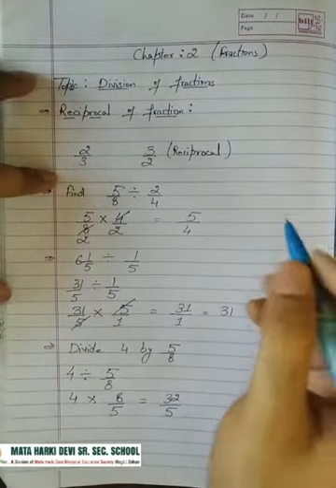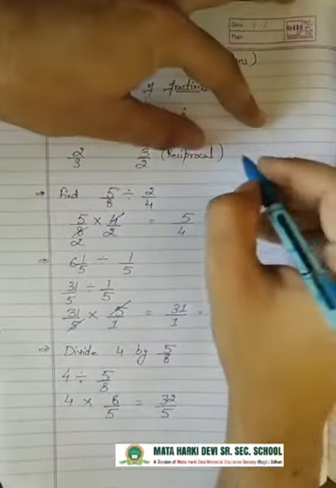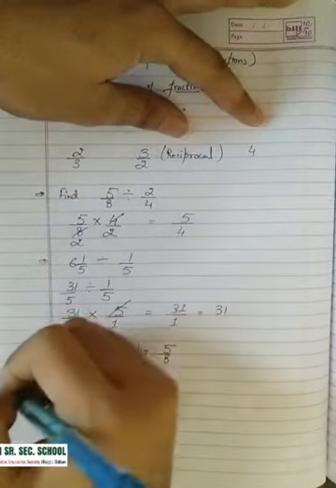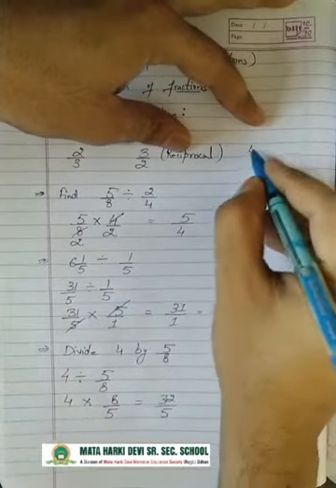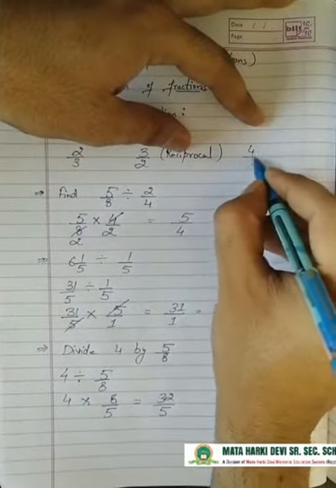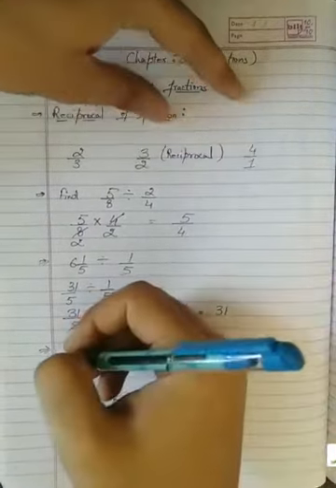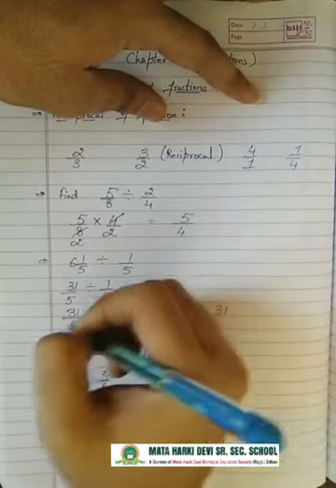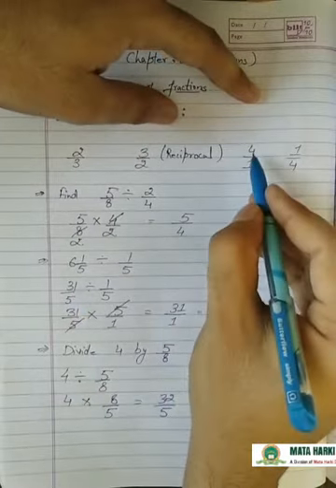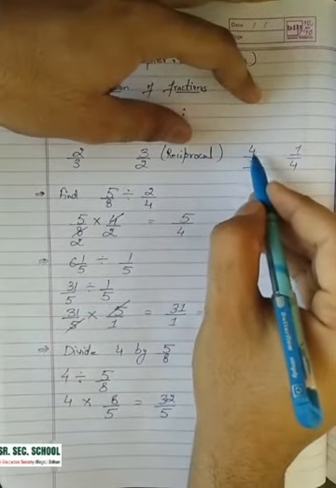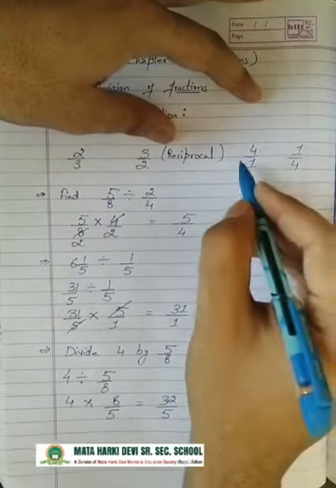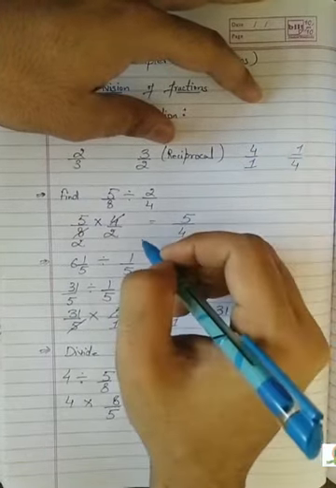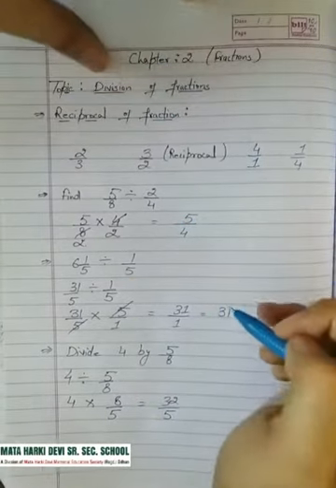Also, if we get a simple number, suppose for example this is 4, what is the reciprocal of 4? Here we can change it into the fraction 4 by 1, which is equal to 4. So now the reciprocal is 1 by 4. If you have a simple integer, you can add 1 as the denominator and then you can take the reciprocal.